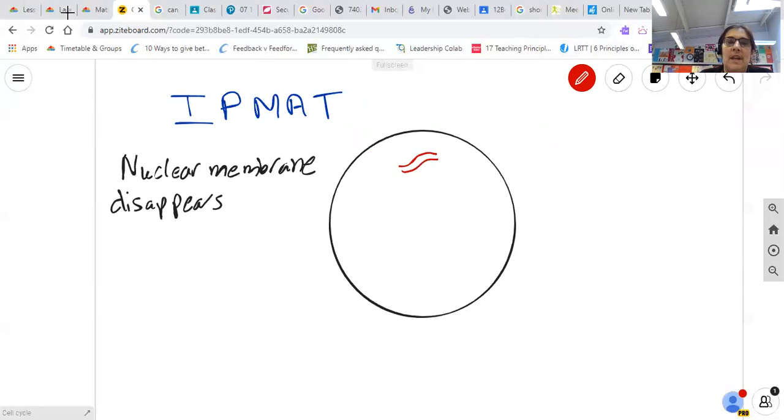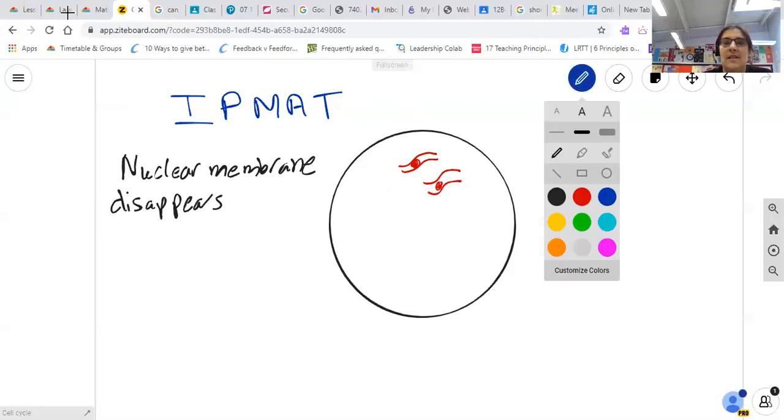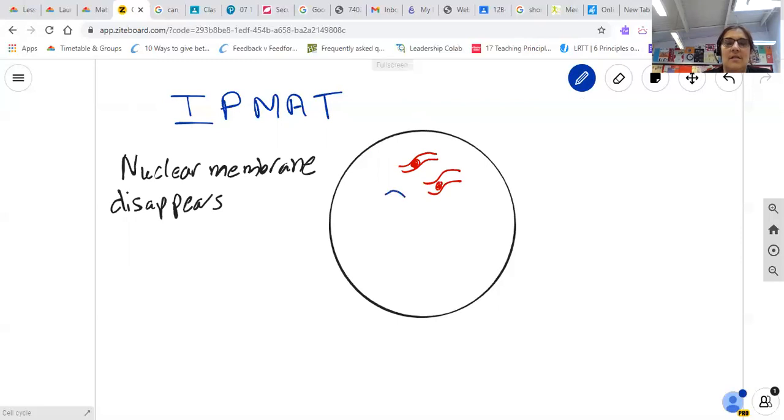And what happens in prophase is that they condense down. And when they condense down, they get seen as these sister chromatids connected in their centromere, randomly placed within the cell. Okay, so we describe it as the chromosomes condense,